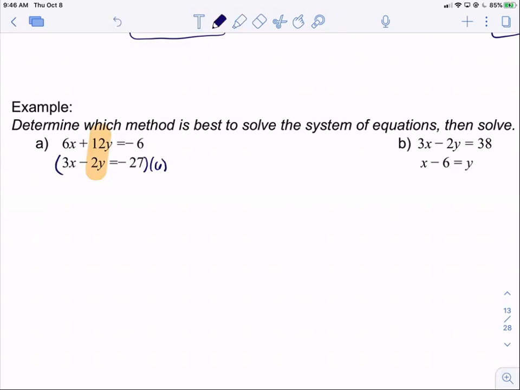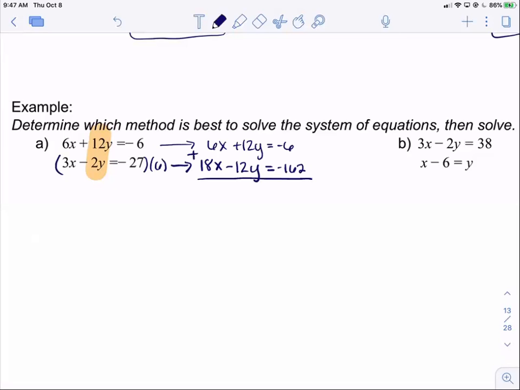And if we do that, distribute it to the whole equation, what's 3x times 6? 18x. What's negative 2y times 6? Negative 12y. And what's 27 times 6? Is it going to be positive or negative? Negative 162. So if we bring over our top equation, we look at our y values. Do they have the same coefficient? Do they have opposite signs? So when we add them together,